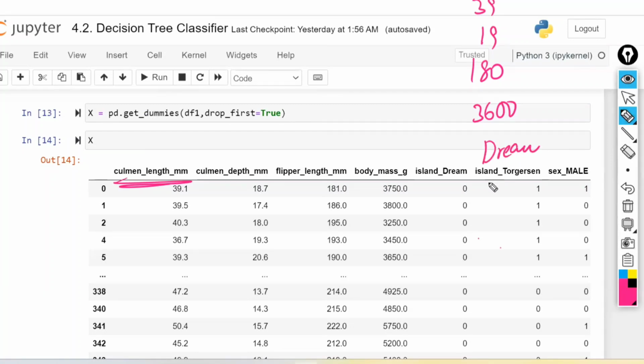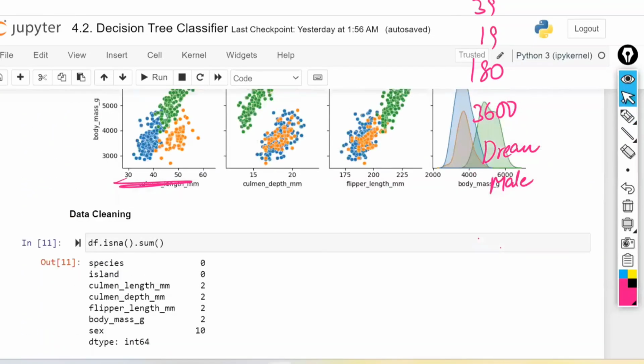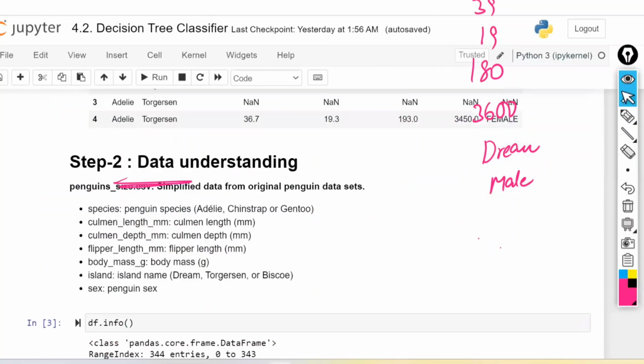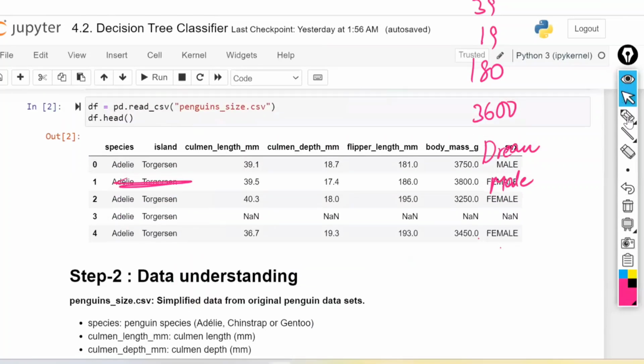And next, it is a male. So the raw data we have consists of 6 input columns: 1, 2, 3, 4, 5, 6.